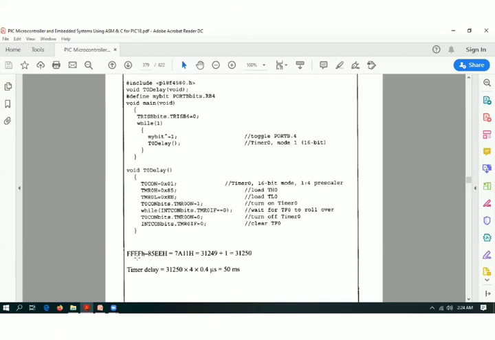They have subtracted that from the maximum value, and this is the count they wanted. This is converted into a decimal value, that is 31,249 plus 1, because an extra count will be taken. So 31,250. The total time you will get is 31,250 into 4 into 0.4, where 4 is the pre-scaling option. So you'll get a 50 millisecond delay from this function.